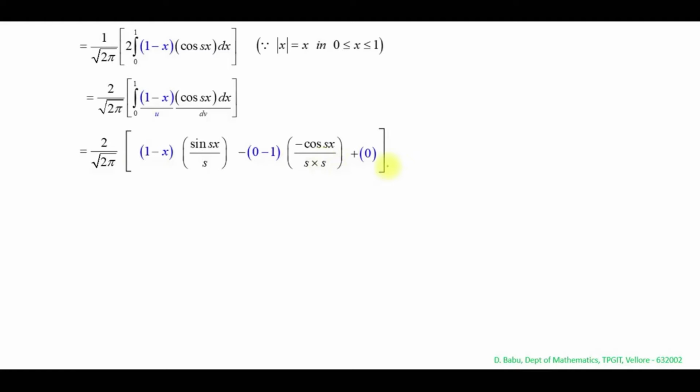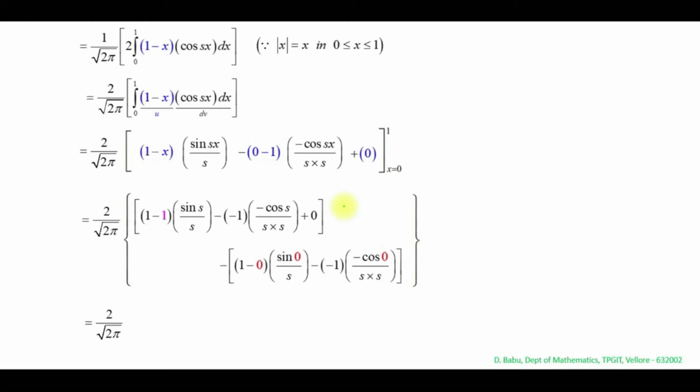Apply the limit x equal to 0 to 1, which is equal to 2 divided by square root of 2 pi. Apply the upper limit x equal to 1. So here x equal to 1, here x equal to 1, here x equal to 1. So this is 1, sin s into 1, sin s, cos s into 1, cos s. This is upper limit minus lower limit. So for the lower limit we have to substitute x equal to 0. So this is 0, this is sin 0, this is cos 0,